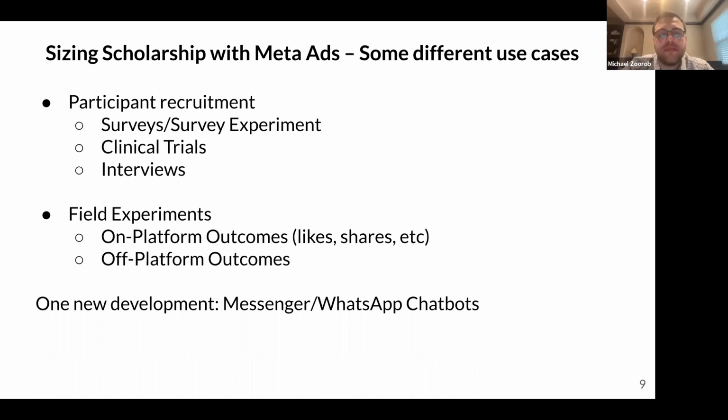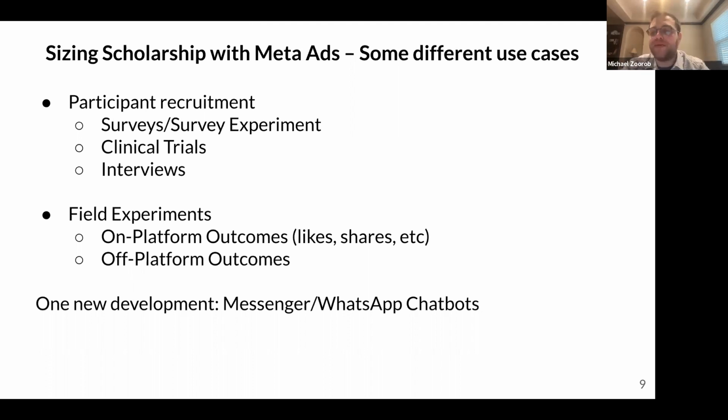There are also use cases, maybe less familiar to the social sciences, but they definitely exist. So clinical trials, of course, advertise using social media ads. And although it's not a common use case, I'm aware of a few instances in which people use social media ads to reach people, not for surveys typically understood, but actual qualitative interviews, which is a really interesting mix of methods. If you want to interview migrants or workers in a particular industry, this is one way to reach those people and engage them, to ask if they want to participate in an interview.